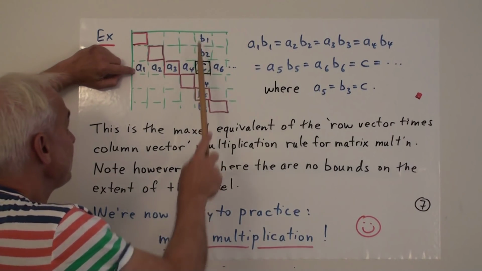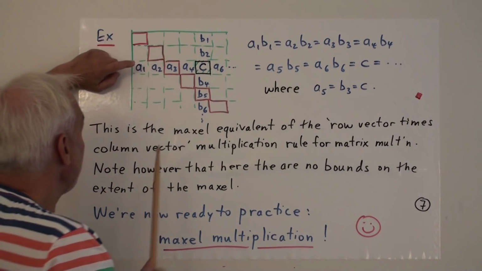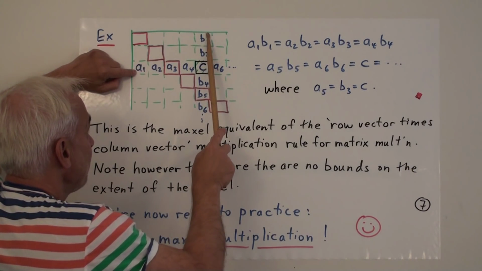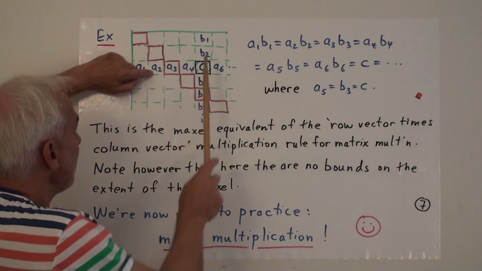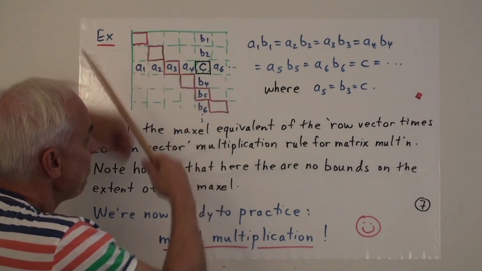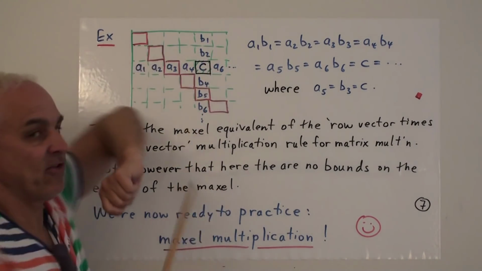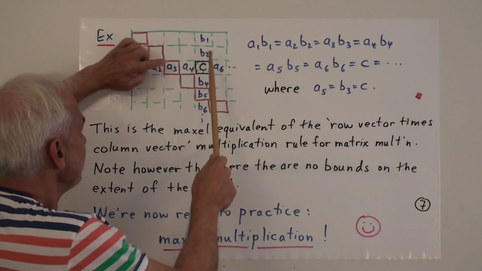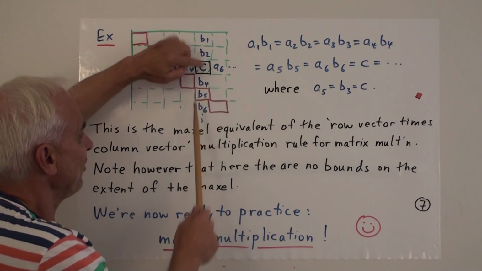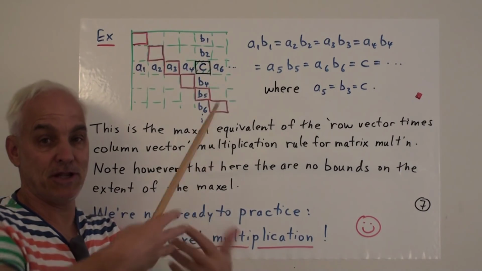So there'll be 2 of these times 3 of those will give altogether 6 of those. That's why we have to multiply 2 times 3. And then if that's 5 and 7, whatever I said, so 5 times 7, that'll be the number of pairs, pixels here times pixels there, that give us C again. That's why we have to go this times this, plus this times this, plus this times this, plus this times this, plus this times this, etc., to get the coefficient of that pixel in the product.